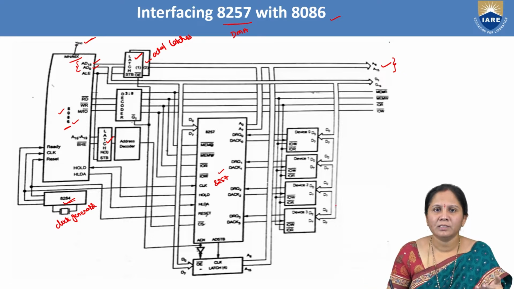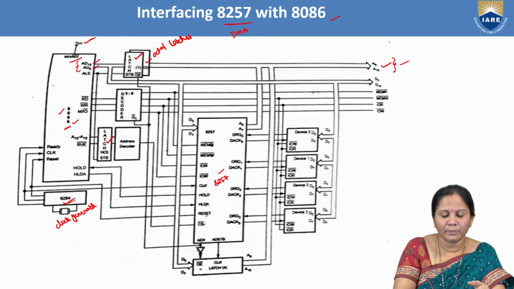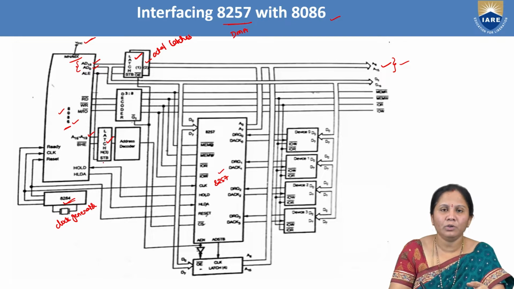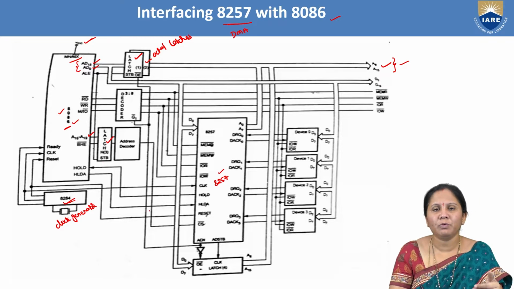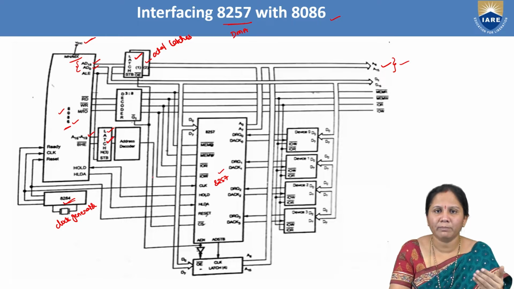But the address bus size in 8086 microprocessor is 20 bit. So here are the 16 bit. The remaining 4 bit will be A16 to A19. So this A16 to A19 are the address lines which will be multiplexed with the status lines. In order to demultiplex these address status lines, one more latch is used. So the output of this latch will be the address lines from A16 to A19. That is why 3 latches are used.